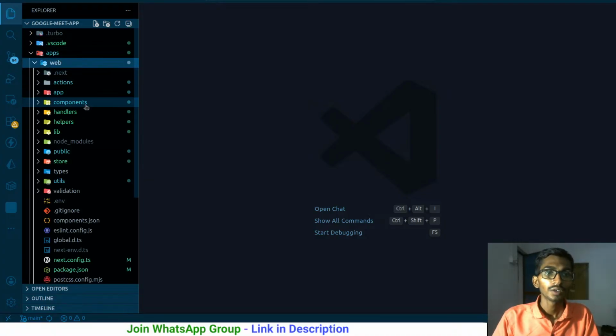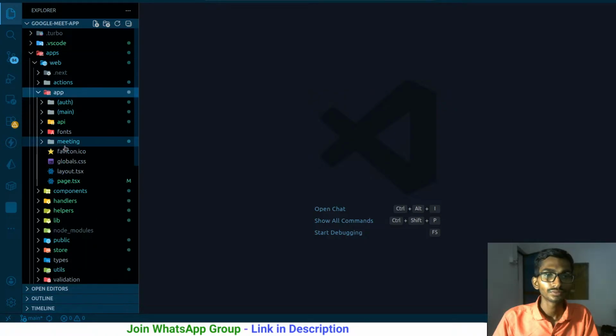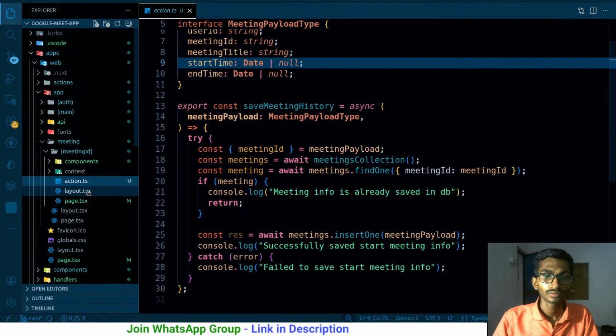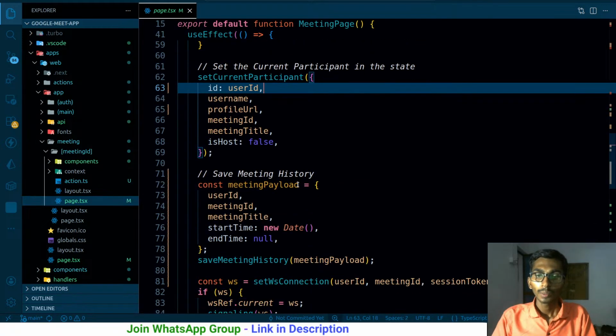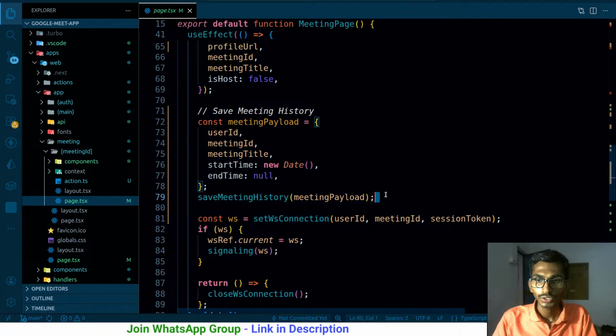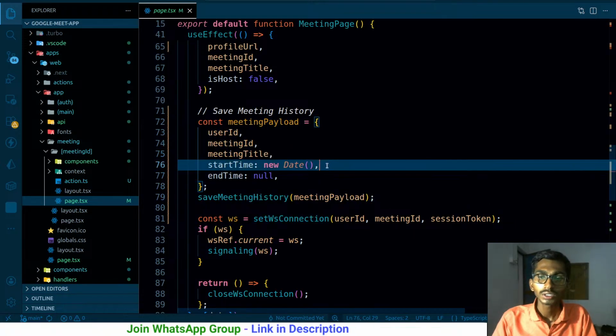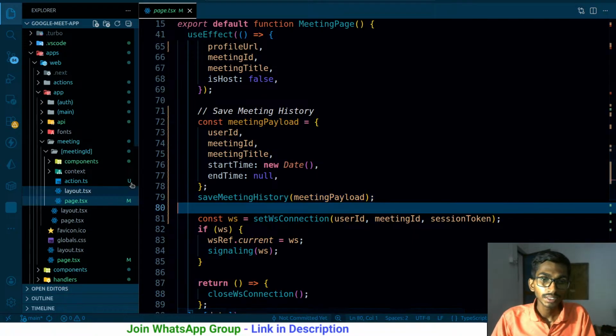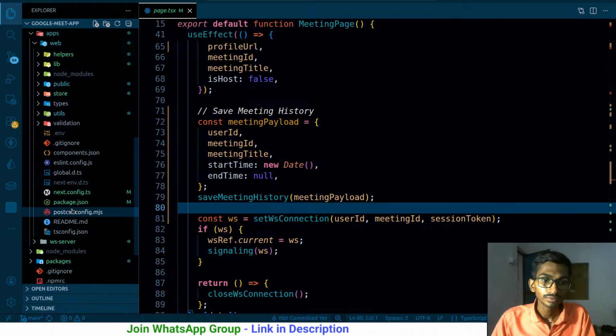So for the host, page.tsx, save meeting history. I'm saving the meeting history over here. Start time, new Date, and when the host ends the meeting. Okay. I know it. What is the problem? The problem is this, that on the server side,